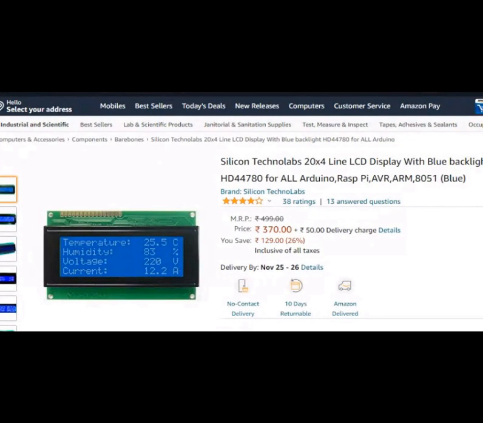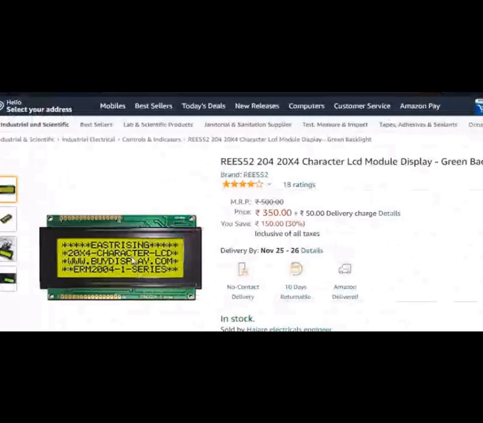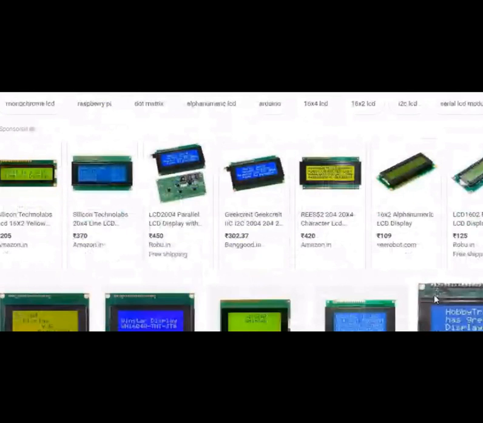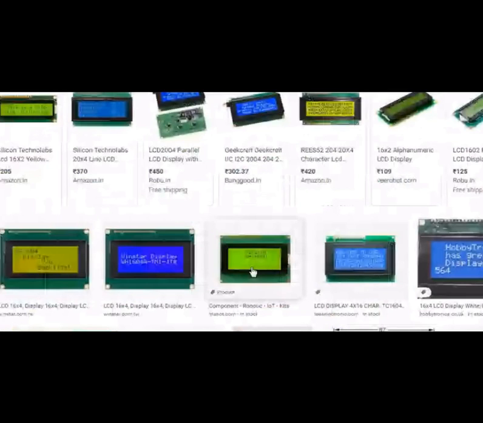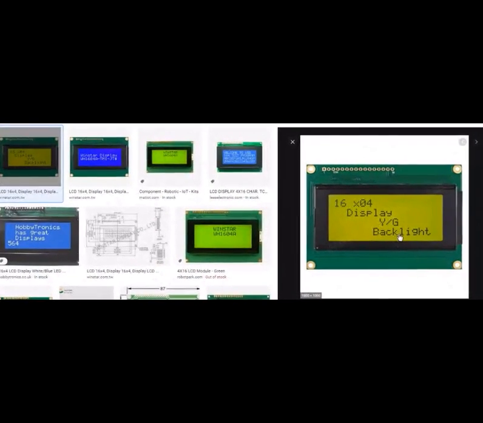Okay. Then there are background lights. This is a white display. This one is a yellow color background, then black display. So this does not change our algorithm or interface protocols. It is the internal wiring now. Then this is the display character. So you can display the character the way you want. See, you can start the first here. You can start the second display here. You can start the third one, fourth one here. So you can do anything, right?